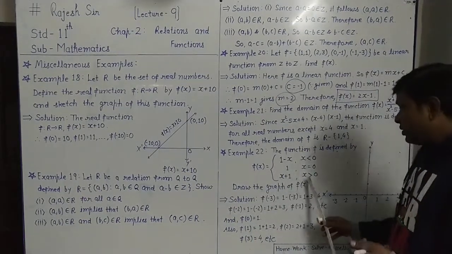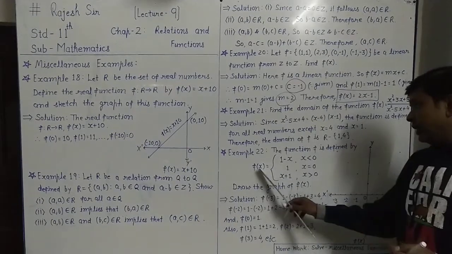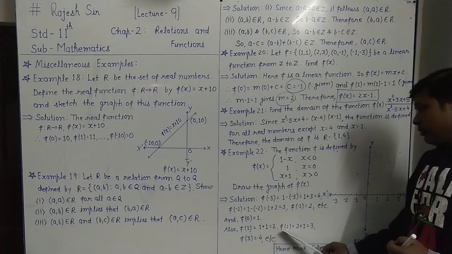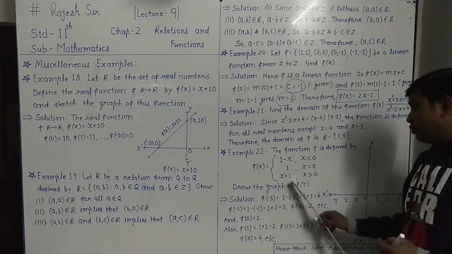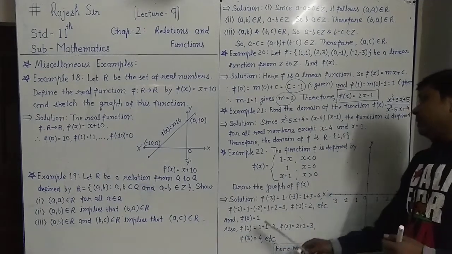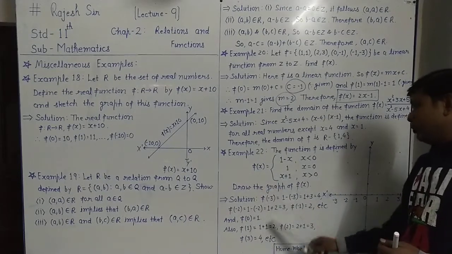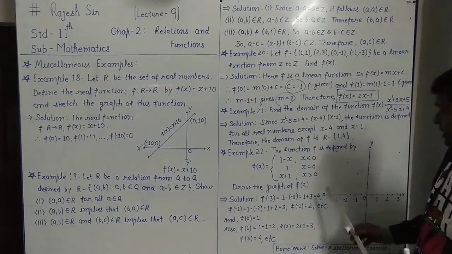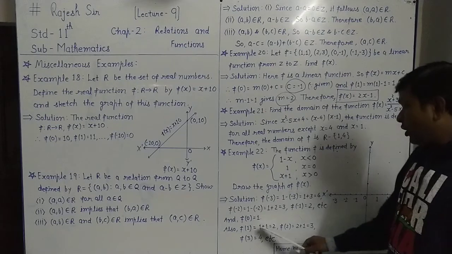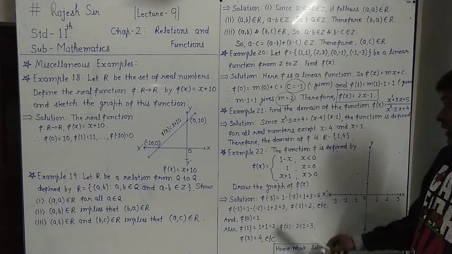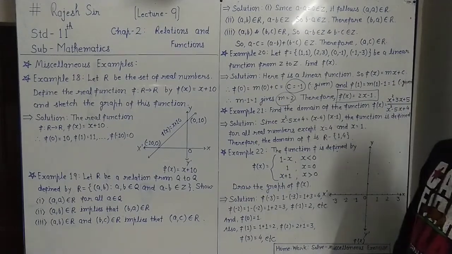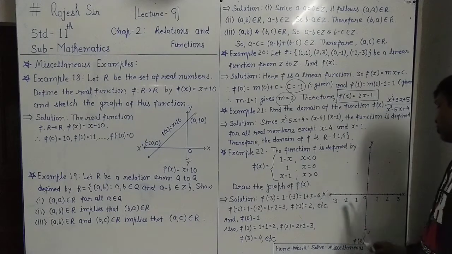Now for the positive numbers, if you place f(1), that means x equals 1. So here x plus 1, that means 1 plus 1 is 2. For x equal to 2, f(2) equals 2 plus 1 is 3. We have to follow this for x greater than 0, for all positive numbers. And f(3) means x equal to 3, 3 plus 1 is 4, and so on. So for x less than 0, negative numbers, we do it this way. For x equal to 0, f(0) is fixed at 1. And for all positive numbers, we do x plus 1 and get these values. Now, taking this domain and range, we will draw the sketch of the graph.